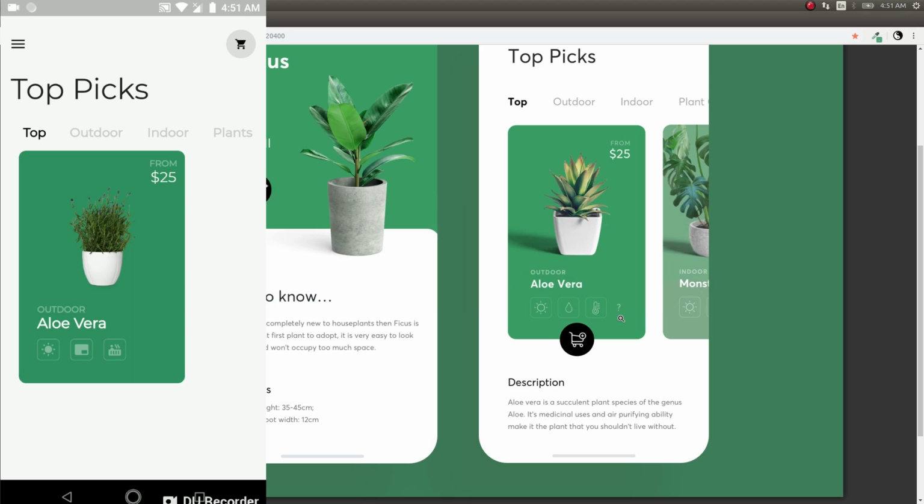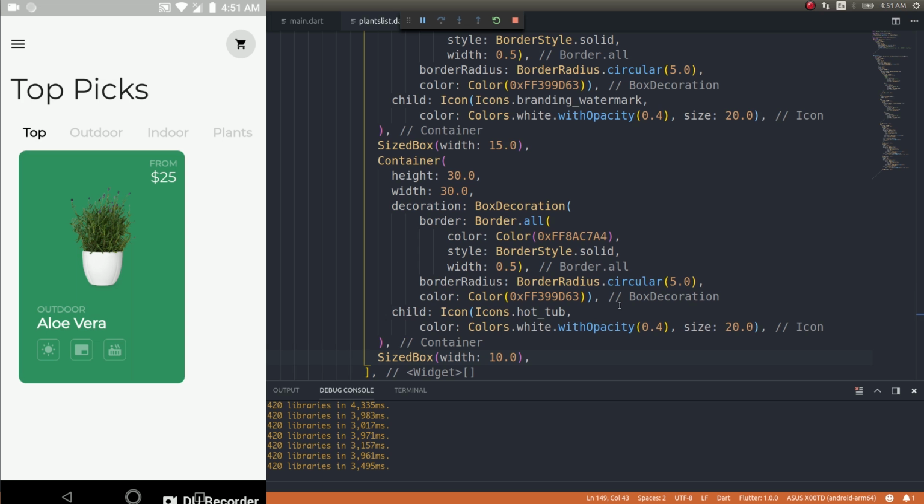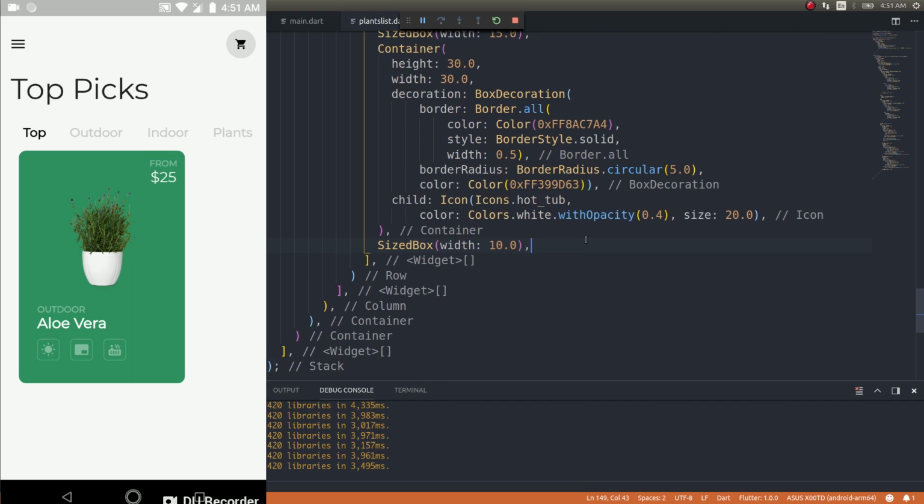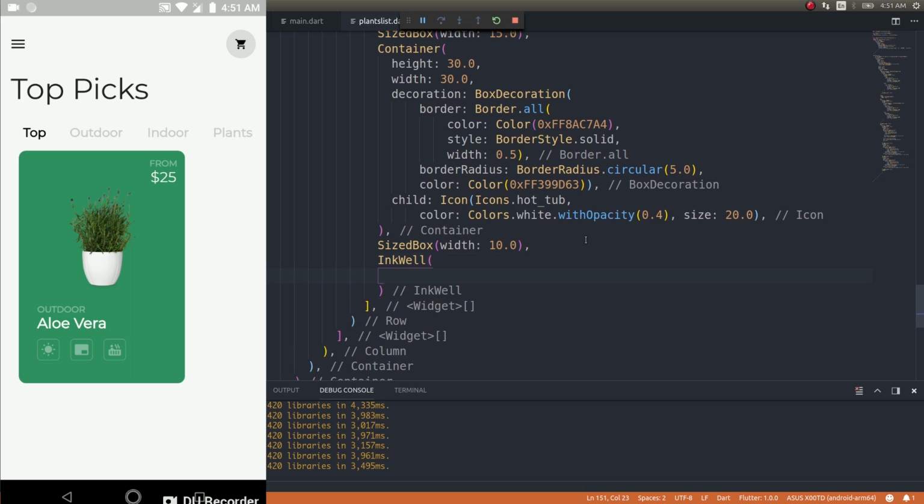Let's just do this question mark icon. It doesn't have a border, so I'll just do it now, and I'll just show you how to change this container. You just need to wrap it within an InkWell, guys. That's it. In my last video also I said this, but a lot of people are asking me why am I using a container and not a button. Just wrap that container with an InkWell, and then write an onTap functionality so that it becomes a button. Okay,